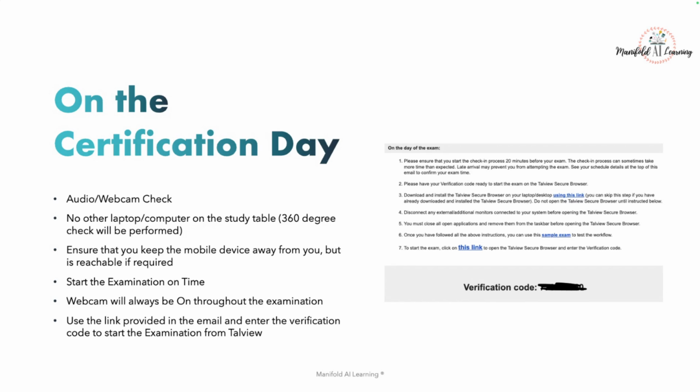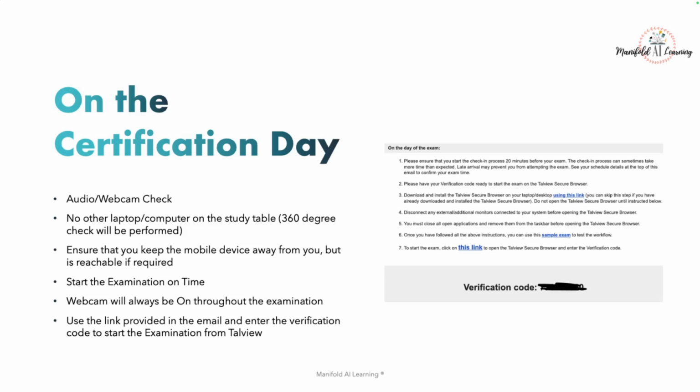Keep your mobile device away from you. It can be within reachable distance, but it should not be with you where you can access it, because you will be monitored throughout your examination.